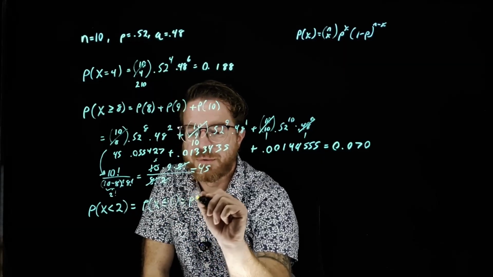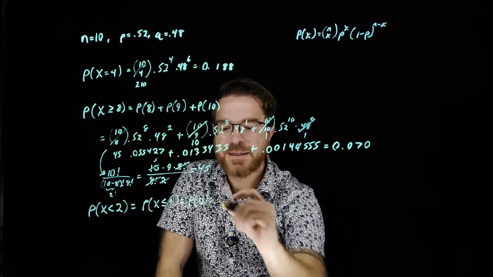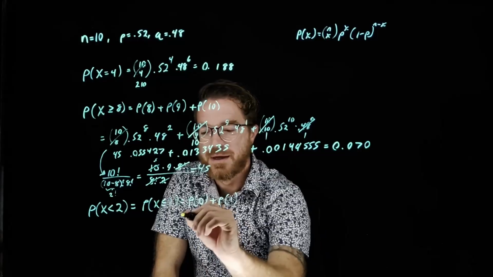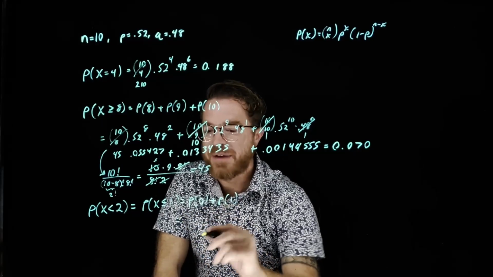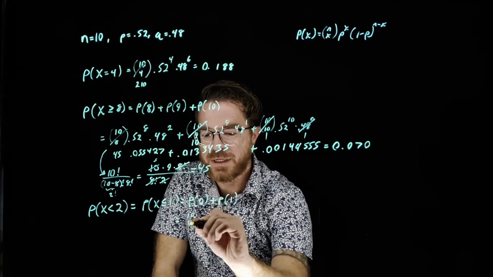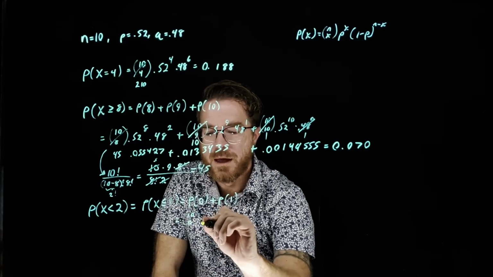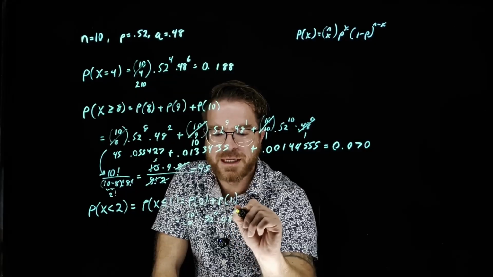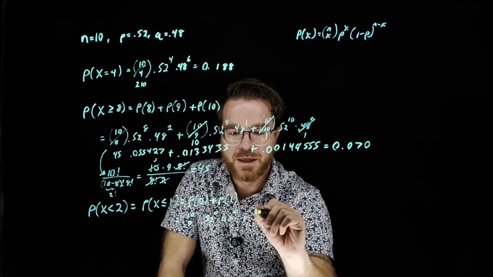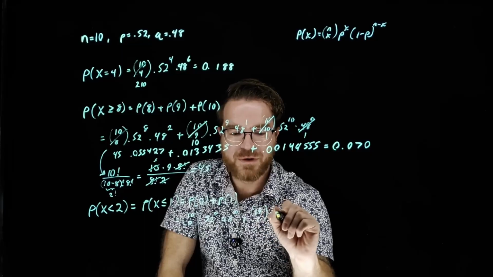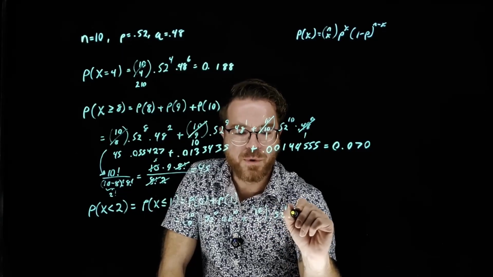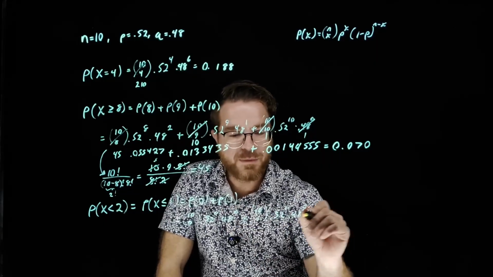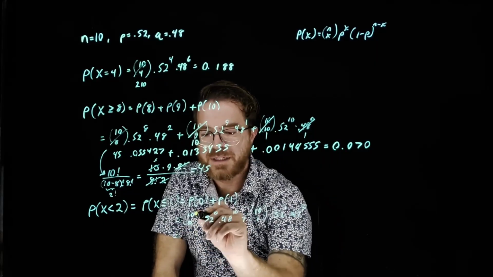So I'm going to be finding the probability that none of the candidates pass plus the probability that one of the candidates pass. So just like before, I'm going to plug in my values. This is going to be 10 choose 0, 0.52 to the 0 power, 0.48 to the 10th power, plus 10 choose 1, 0.52 to the 1, 0.48 to the 9th power. And then, of course, plugging in each of these values, again, 10 choose 0 is going to